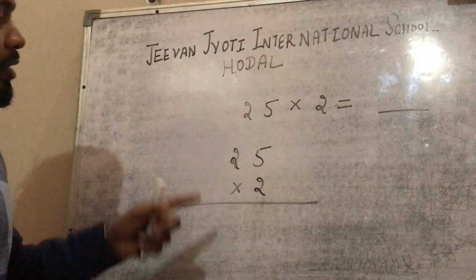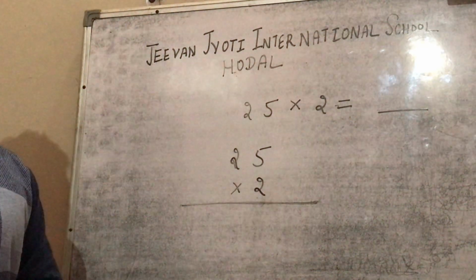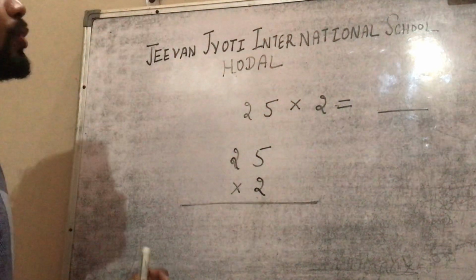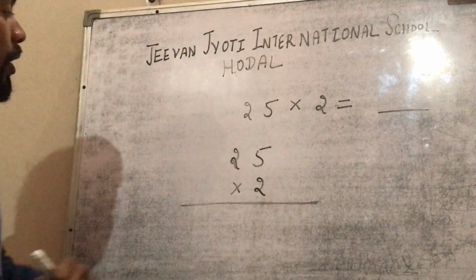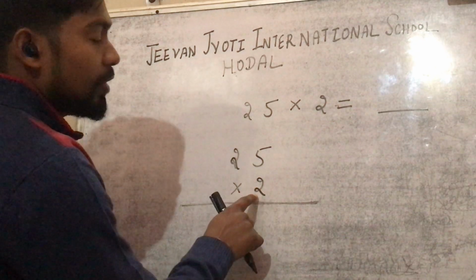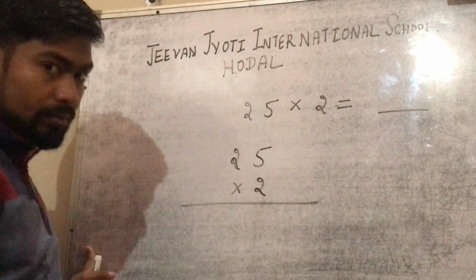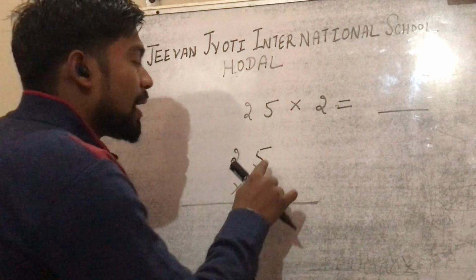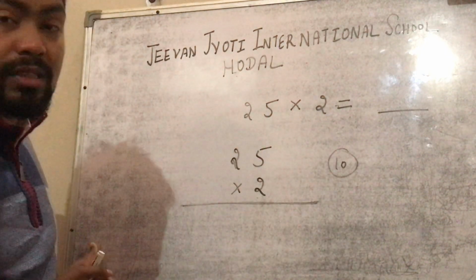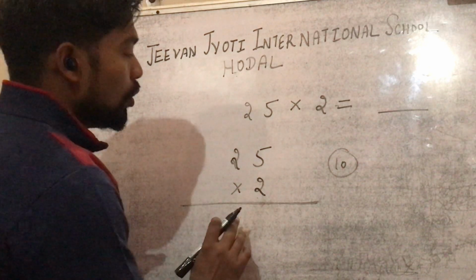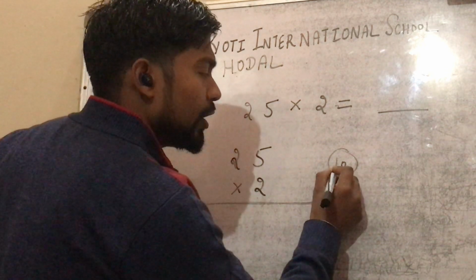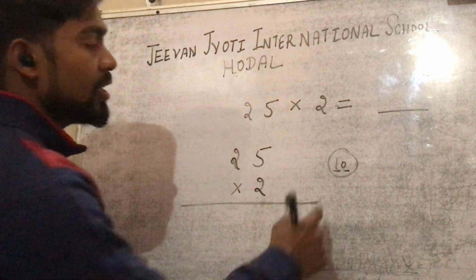But we will multiply again because you must learn some new things which I am teaching you in this video. So 2, you all know how to multiply. First we will multiply 2 by 5. So 2 multiplied by 5 comes out to be 10. So there are 2 places: one is the 0 and one is the tens place, that is 1.